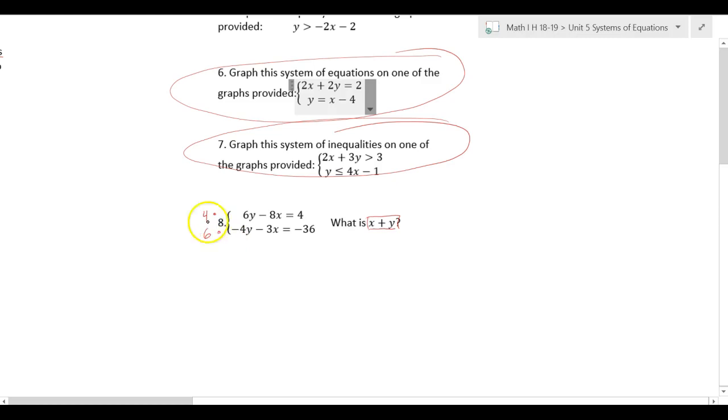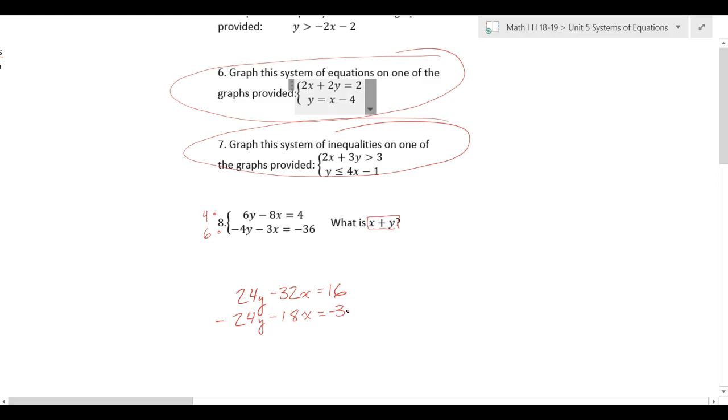Now I want you to see what that gets me. By multiplying this top equation by positive 4, I get 24y minus 32x equals 16. And then this bottom equation, I get negative 24y because I multiplied by 6, minus 18x equals negative,